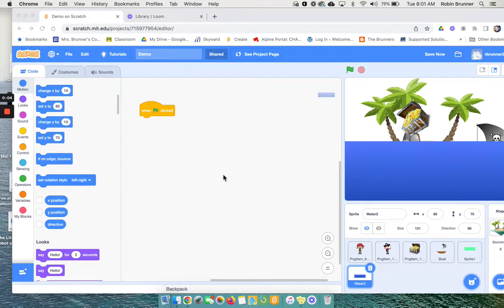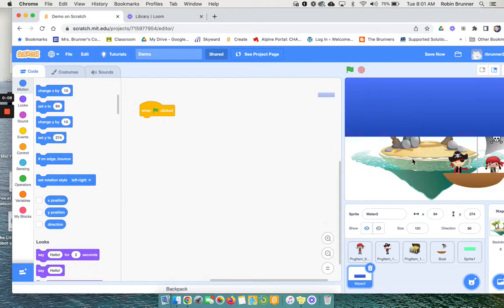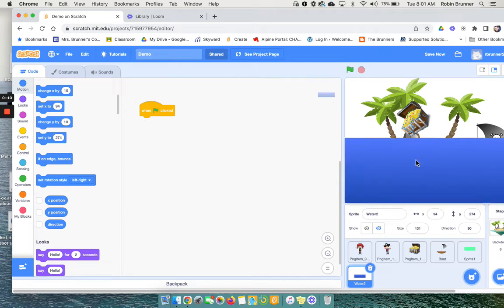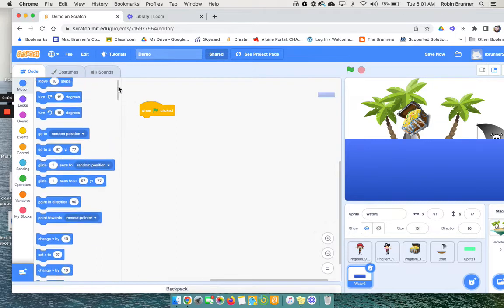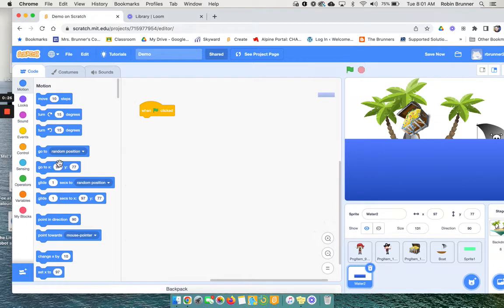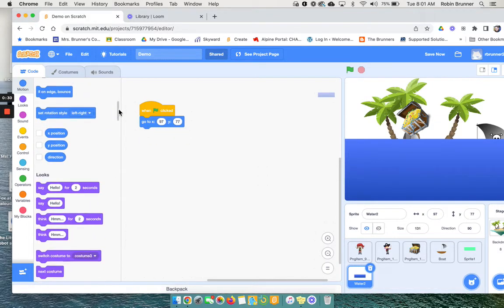So what I'm going to do first is make sure that you take your wave and you move it down to where you want it to go. So now, once I have the wave, then I'm going to come over here and give it its XY position, so that it always stays where I want it to stay. Then I'm going to come down here and say